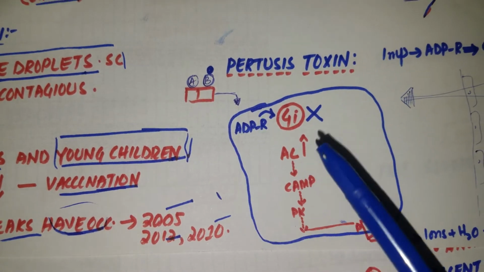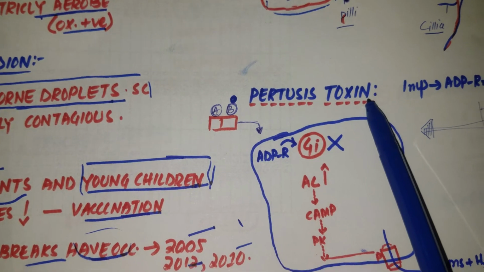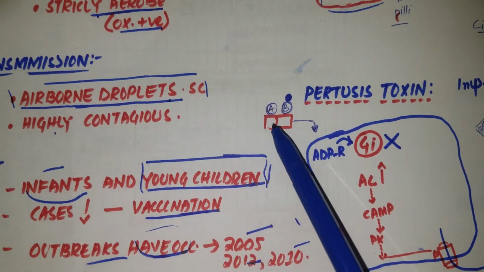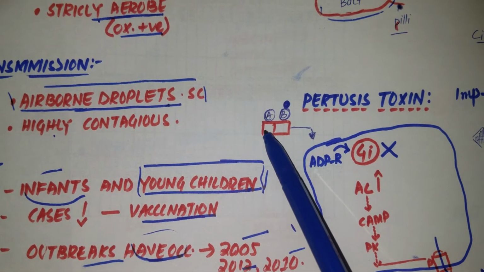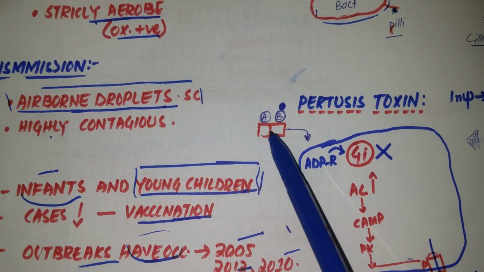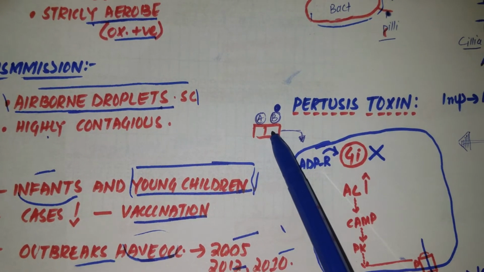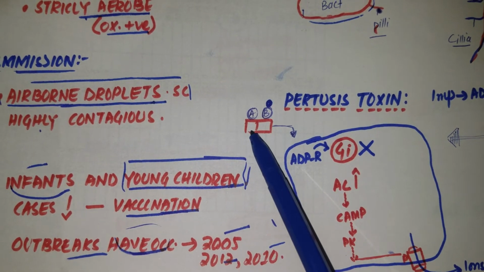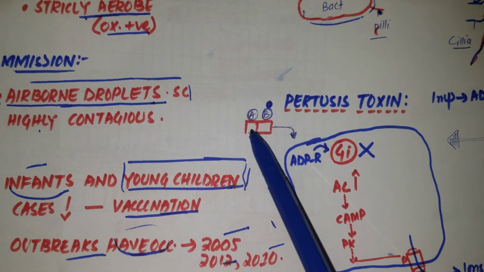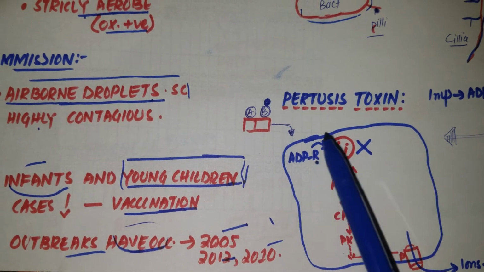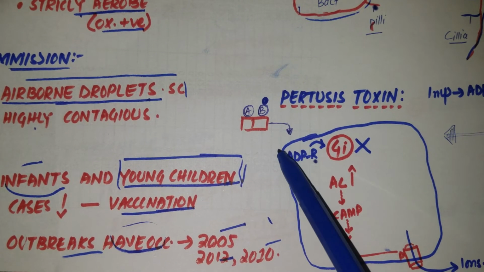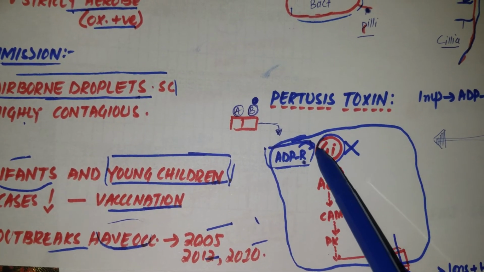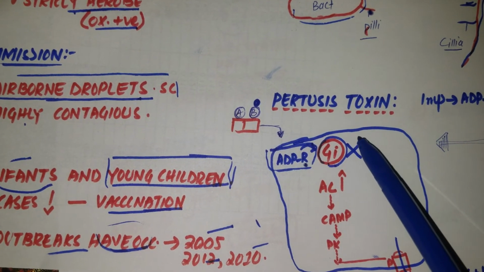The second one is the pertussis toxin, which is the important one among the virulence factors. This pertussis toxin has two subunits, the A subunit and the B subunit. The B subunit is the binding subunit, and the A subunit is the active subunit which performs the action. When the B subunit binds, the A subunit is inserted inward. Note that this A subunit will do ADP ribosylation of the G inhibitory protein, which will inhibit the function of